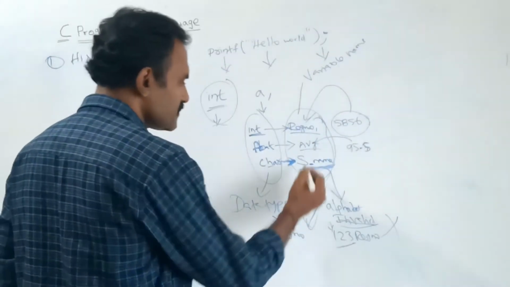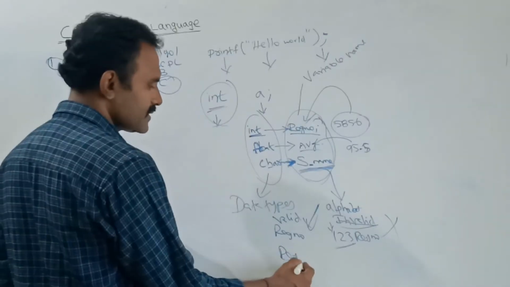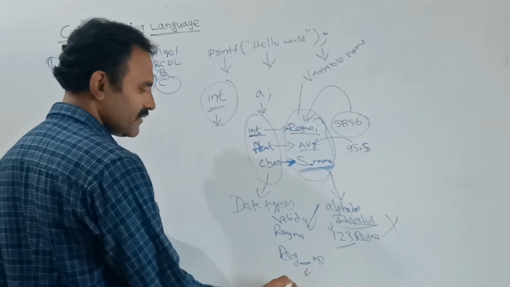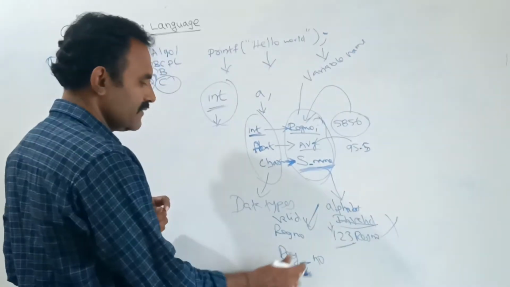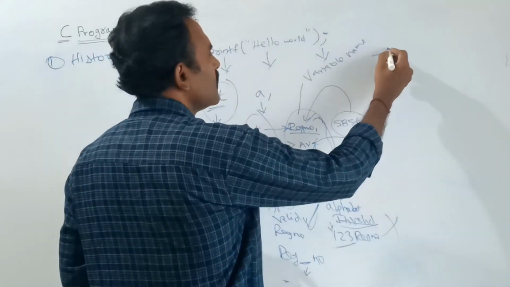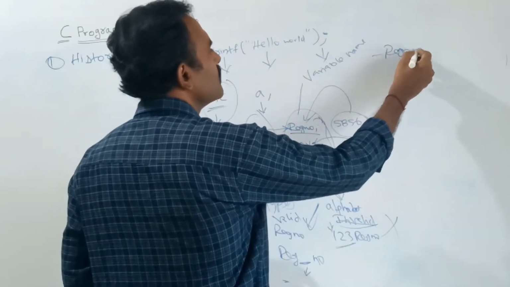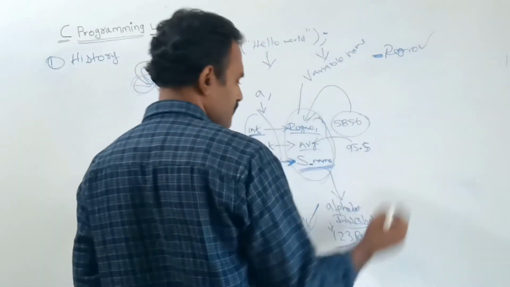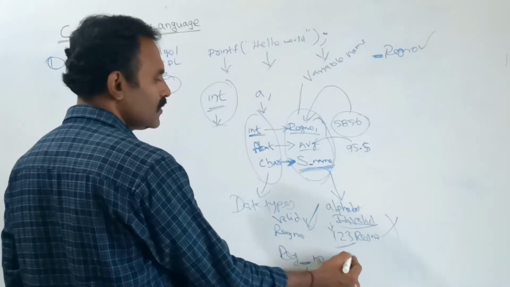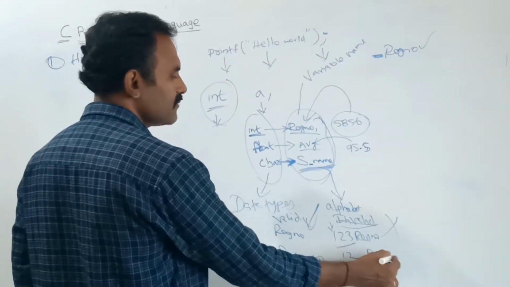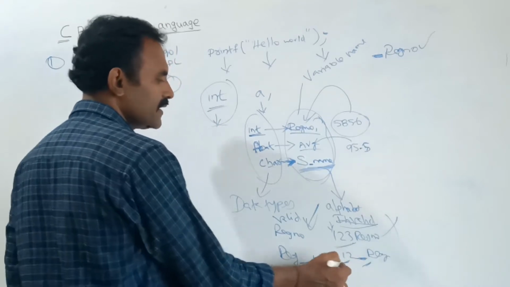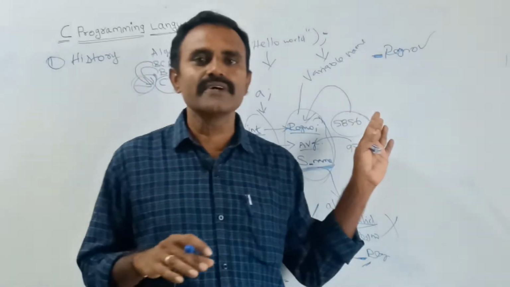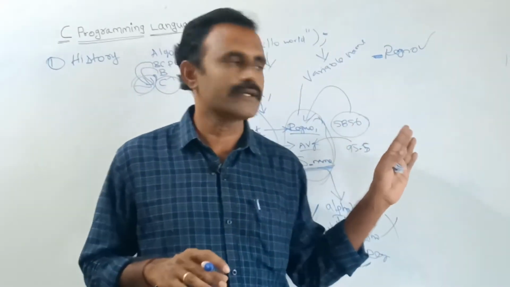We can use some special characters. For example, register underscore number. This underscore is a special character. We can use it like that. Otherwise, at the very starting, we can give it like this also, underscore register number. Like this also we can declare. This one is valid. Suppose I give 12 underscore register number, this is also wrong, because the starting letter is a number. So these things we should remember before we enter into the program side.